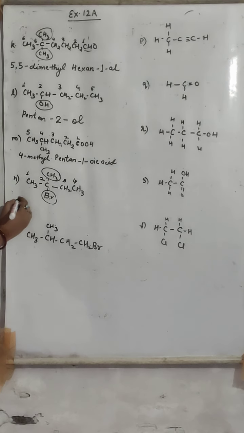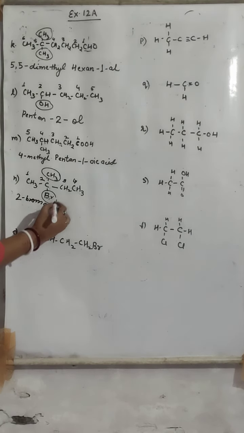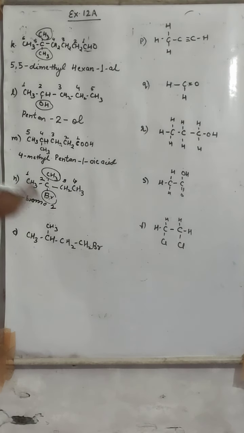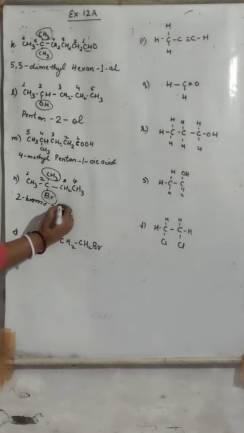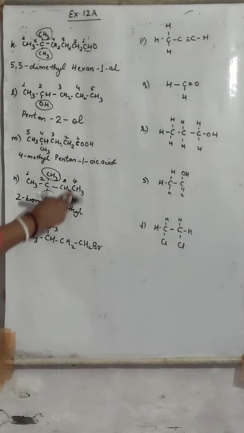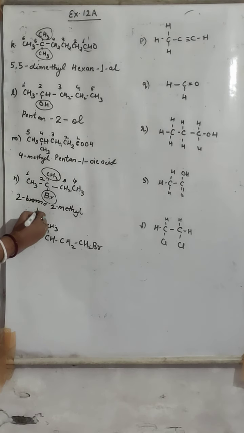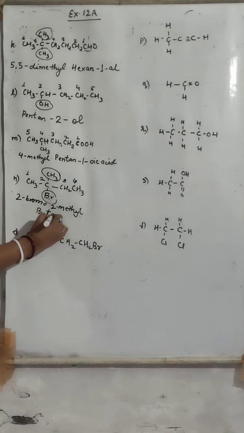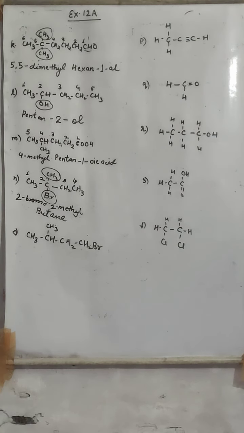So firstly we describe bromine. At first what is present? Bromine. At what position? Second. So we will write 2 bromo. It is present at second position only, but then also we will write 2 again to tell where this methyl is present. So it is present at second position, 2 methyl. That means 2 bromo, 2 methyl. How many carbons are there? 4. For 4 we use but. No other functional group is there, only single bond is there, that is why ane. So the name is 2 bromo, 2 methyl butane.